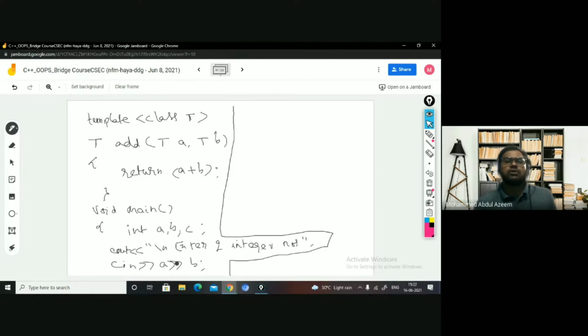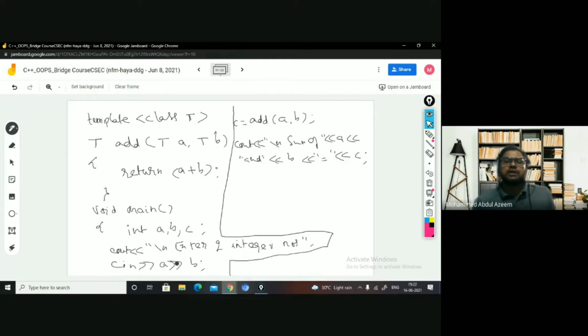After I read, I want to call this function add by passing A and B. It returns me the result that I'm going to store in, let us say, C: add of A comma B. And then C I can print: sum of A and B equal to C.